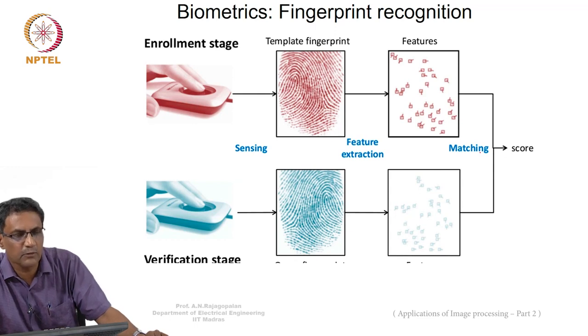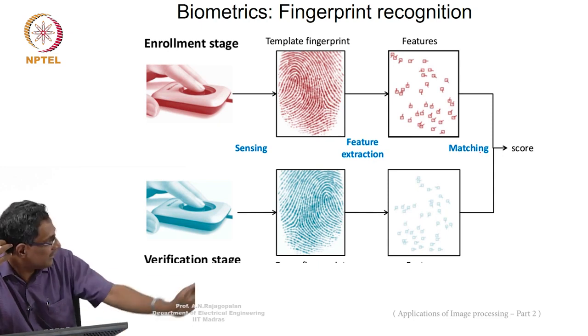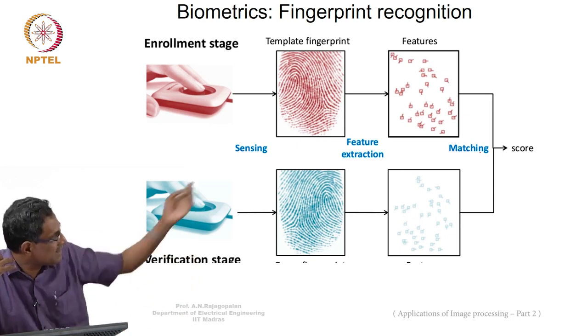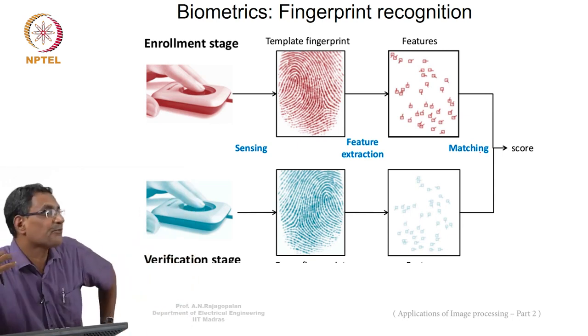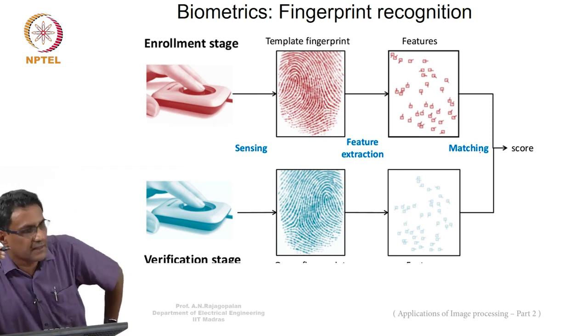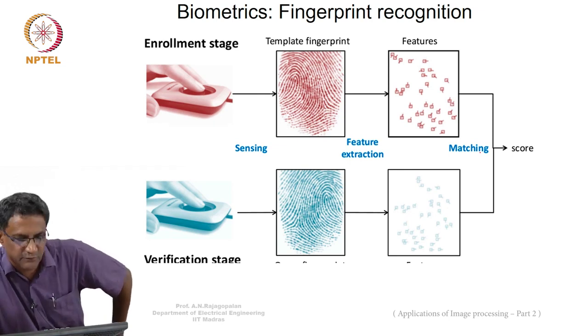This is again unique. What do you think in this fingerprint they sense? I've shown a fingerprint. What do you think they sense there in order to tell who is who? How do they nail a guy and say, hey, you are this guy? How do they do that? What do you see in that image that actually tells you? Curvature, yes, but there is something more unique than that. Can you spot those?